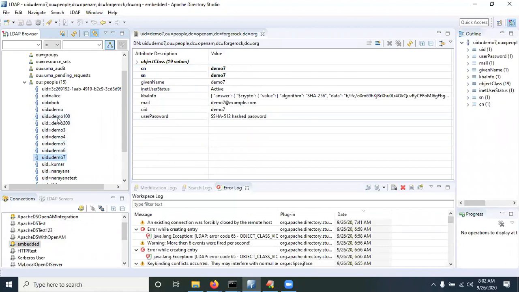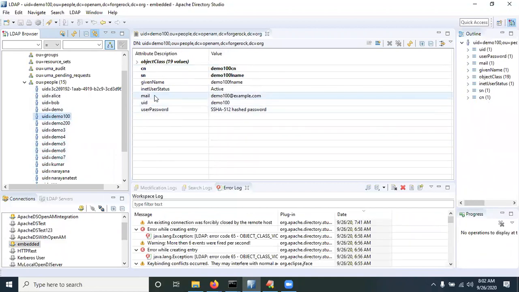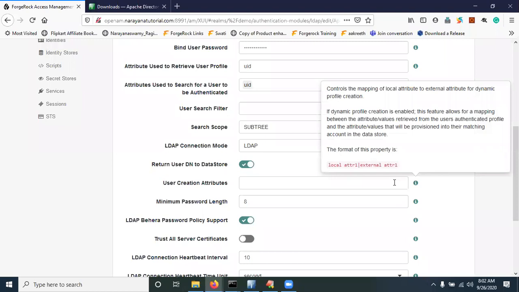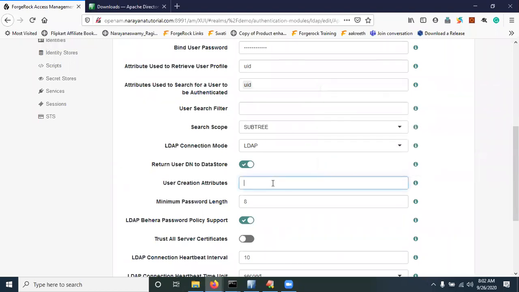Yeah, here you can see demo 100, like email, UID, password, given name like this. Okay, so we have to match like this. Now I'm going to give the right side; the left side is the local attribute, which means the OpenDJ attribute names. Give that CN. We can give CN because both names are the same, and SN also, both names are the same, and given name also